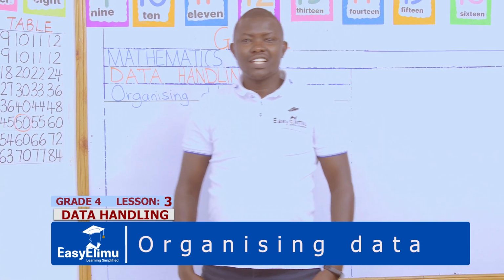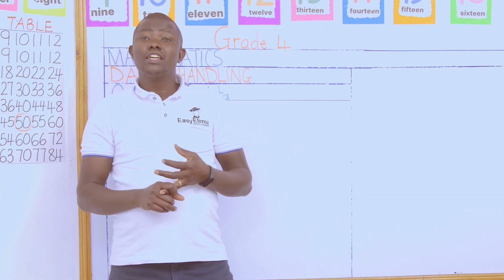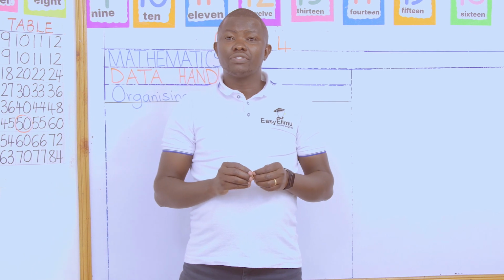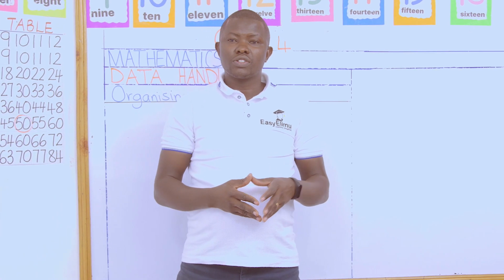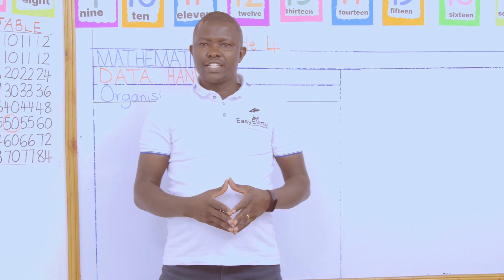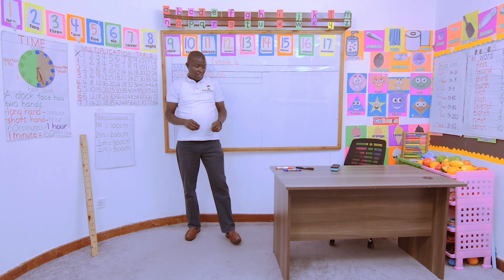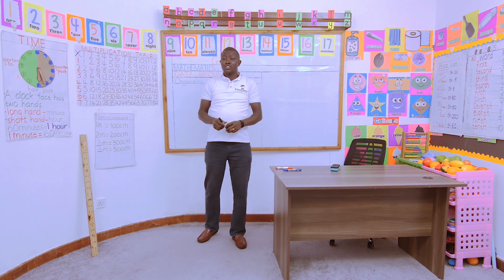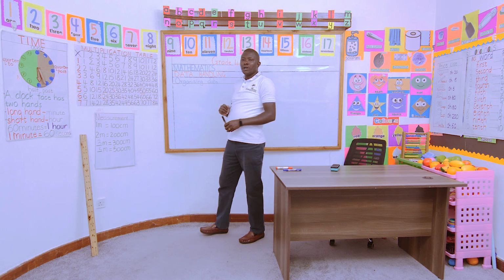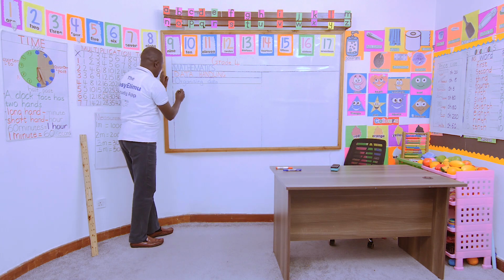In our previous lesson, we collected data and recorded data. And we said what we collect, the information that we are getting from either the color of vehicles and the number of vehicles passing by the road, we call it data. Today, I would like us to use the same information that we had for the previous lesson. Now we try to organize it in a good manner. So let us try using the color of vehicles